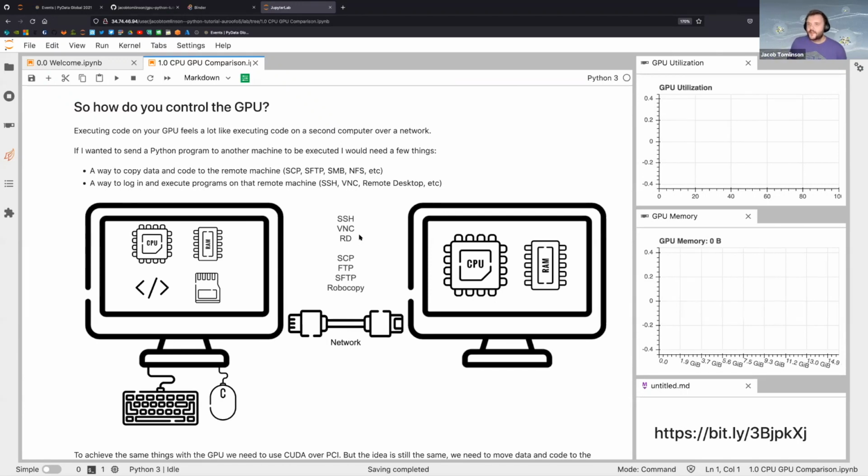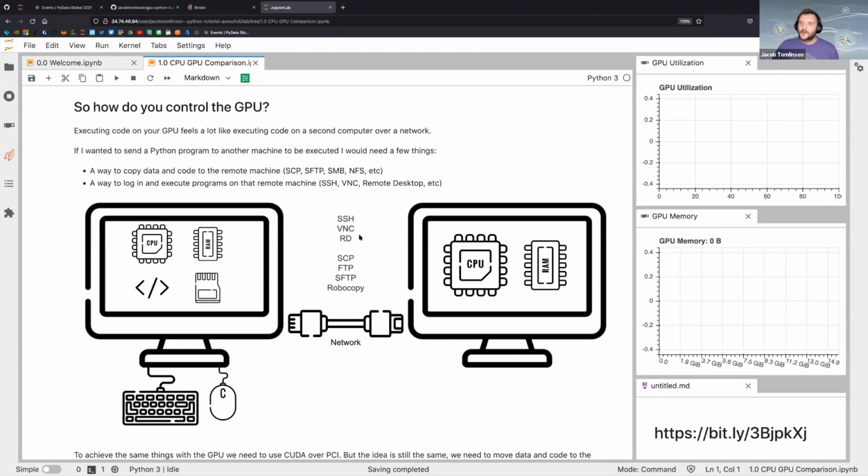And a great way I found to think about this for myself is to think about trying to run code on a different machine, right? Instead of running this Python script on my laptop, what if I want to run this Python script on a server that I've got, or some machine in the cloud or a supercomputer or something, right? Well, the first thing I'm going to have to do is connect to that other machine. I'm going to have to log into that other machine somehow. Maybe I'd use SSH. Maybe I'm going to use VNC or remote desktop to get a graphical view into that machine. But I'm going to need to connect to that machine, log in,